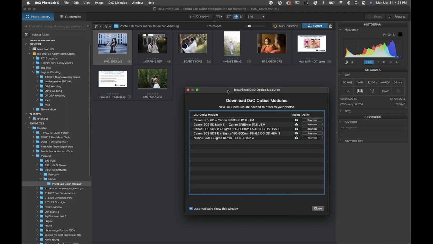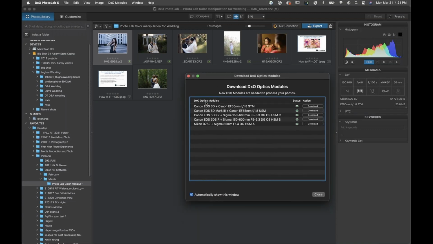And so what you're seeing right now is a pop-up here indicating that the images within this folder used these particular cameras and these particular lenses. What the software is asking you to do is download the profile that will adjust for optics and distortion, as well as potential color problems that we could run into due to the combination of the lens and the camera. So one of the beauties of PhotoLab, as I click download for each one of these,